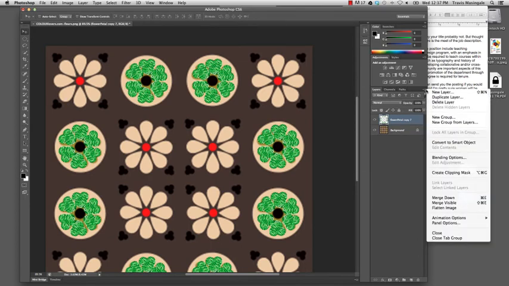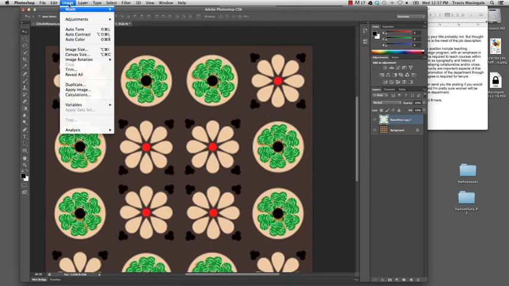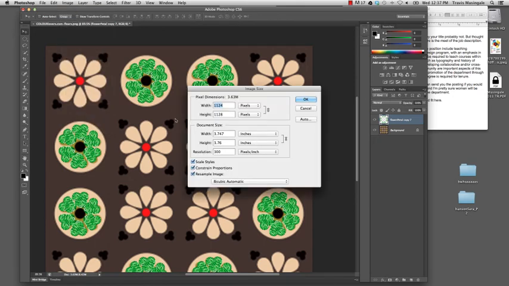Okay, so if I flatten the whole image, it flattens everything. I don't want it to do that. So you should have some layers in your project. Definitely be creative, and again, remember, however you're working at it, you should have one version that's at 300 dpi,